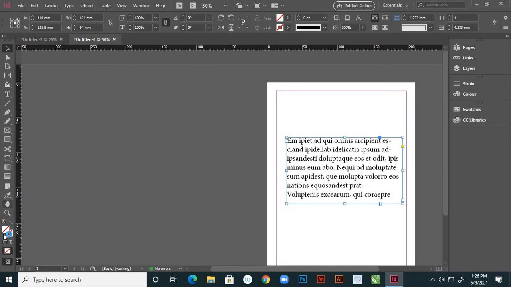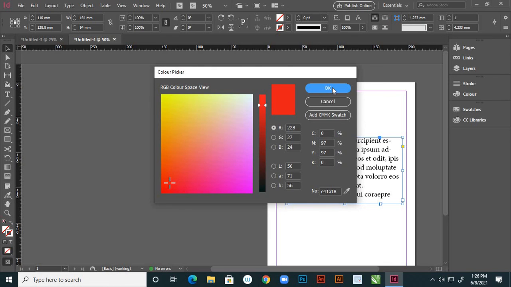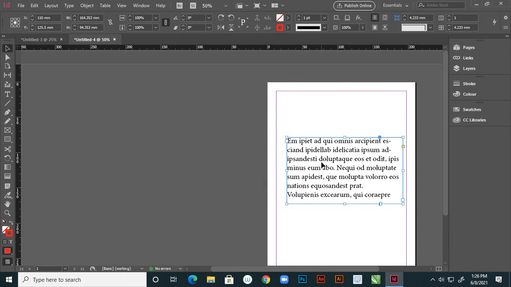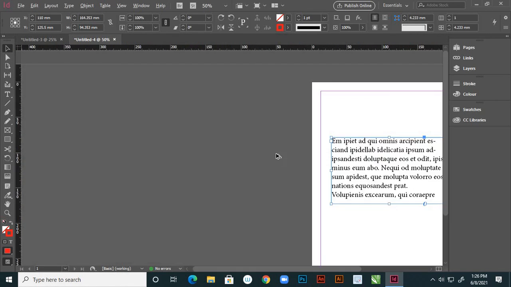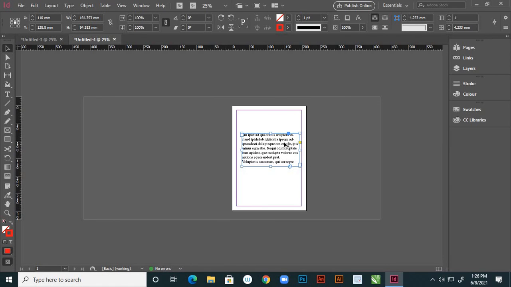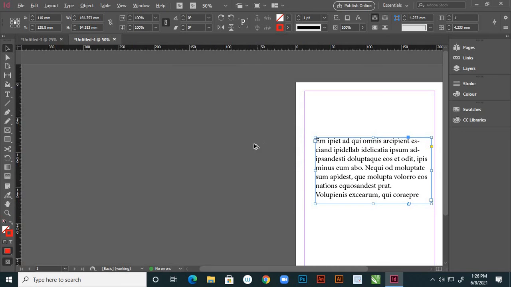So that means how to do that? Suppose I'll choose again the red color here and say OK, right? And if you observe here, it is not giving that red color again. So that means what you do, this is the outline stroke, and this is a fill, but it is not filling the text, it is filling the box. So what to do now to change my text color?